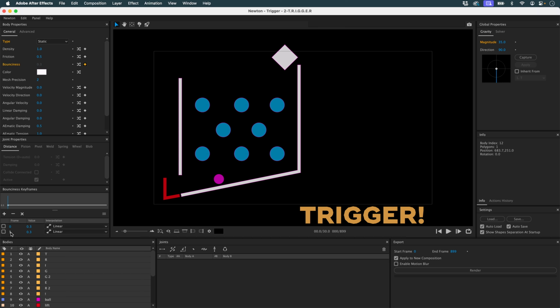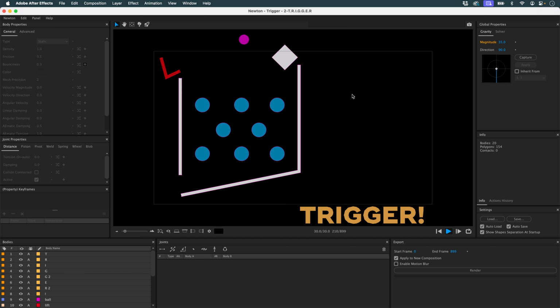I'll add 2 keys, for example at 15 frames. The first will be at 0.1. The second will be at 0.7. And then I'll ask this animation to play ping pong. So in fact, my bounciness will be at 0.1 at frame 0, it's at 0.7 at frame 15, and at frame 30 it will again be at 0.1, etc. So that's going to create a bit of chaos. Can you see it there on the first shot? It's not the same at all. On the second, it's the same, creating yet another different dimension. And that way I can create a natural look in this animation.